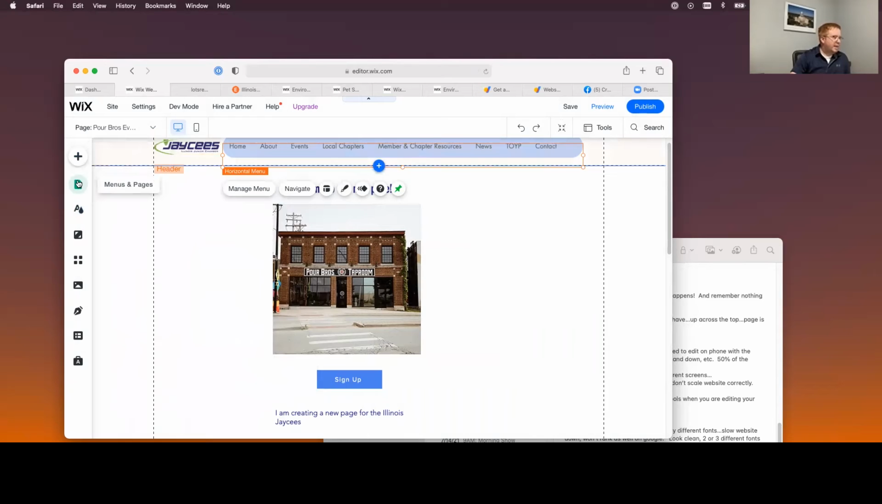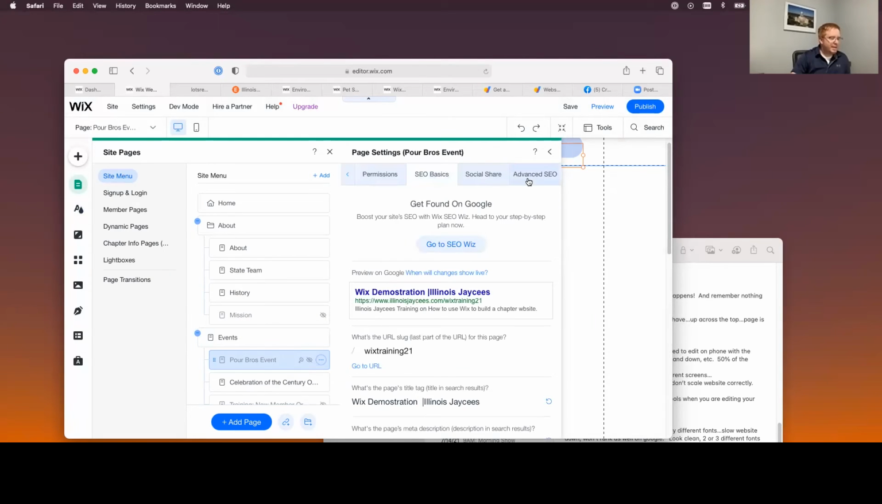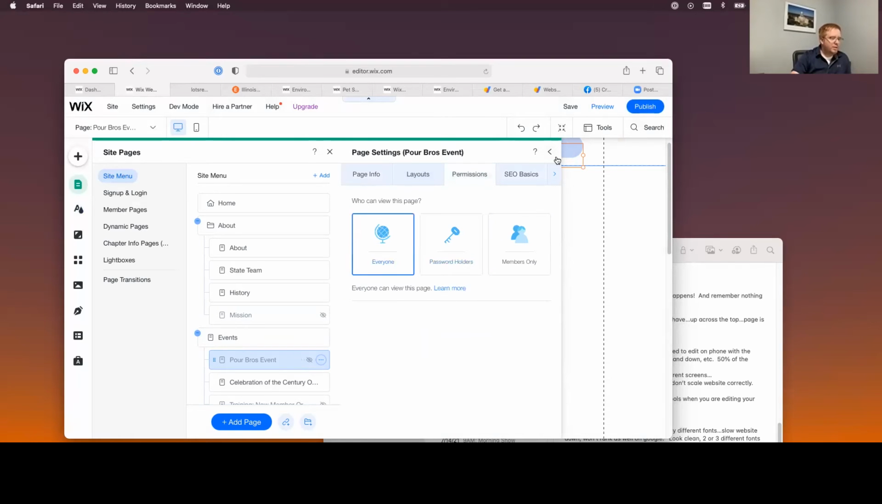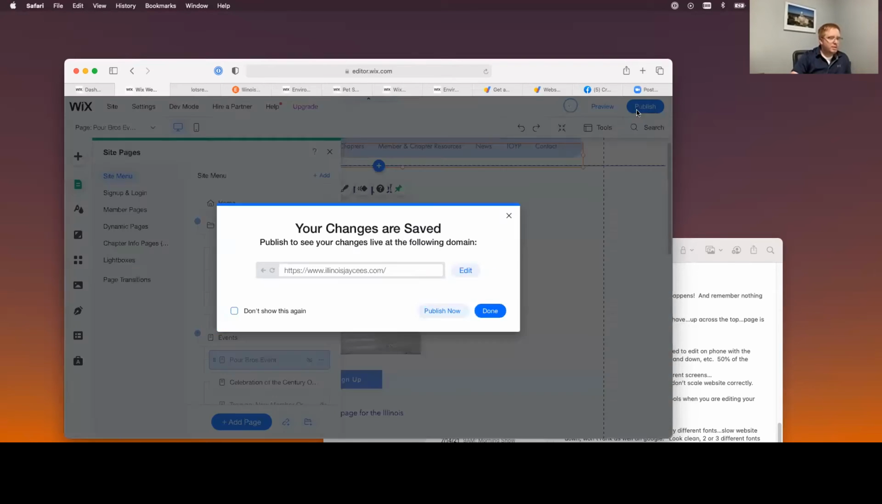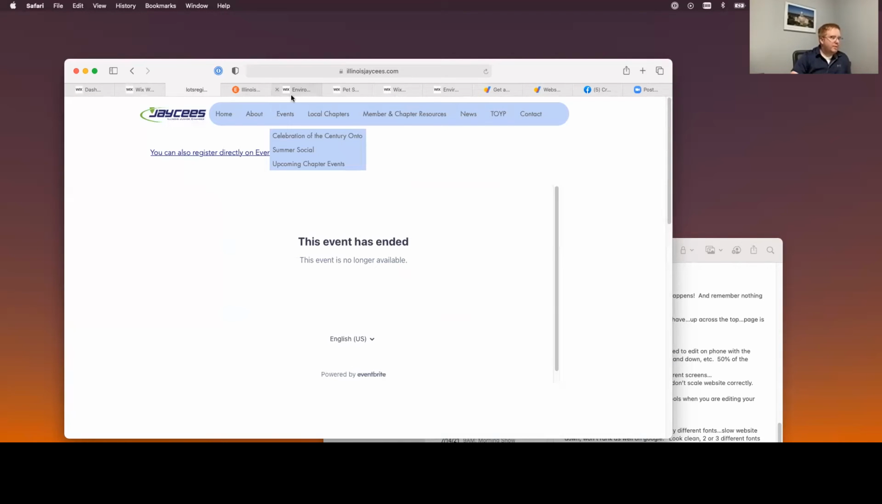Actually, let's go back here. Remember we had that website link on it. Let's say we want to change the link now. So we go to SEO basics in the settings, and we want to say Poor Brothers 21 event. I'm not going to change all this right now, it would take too long, but just so it showed an example. And then I don't want this as a password only thing, so it's open to everyone. Save, publish. So now if I refresh this,